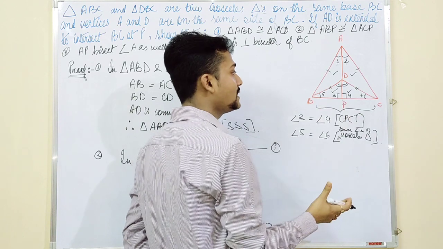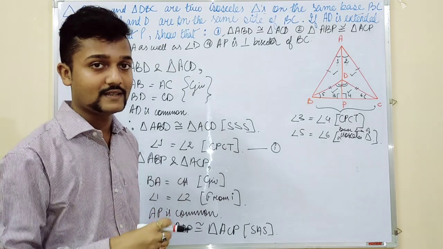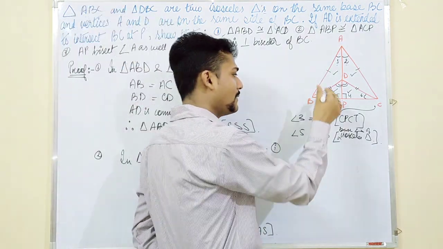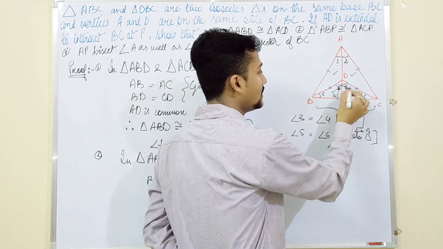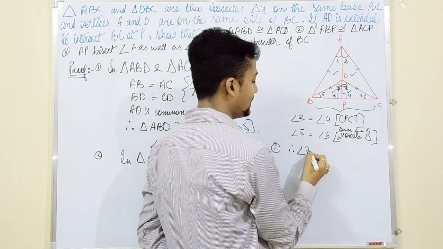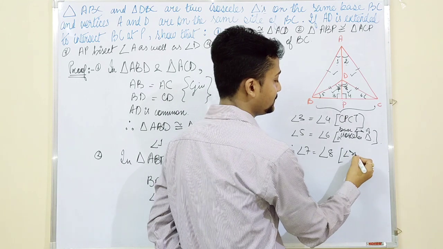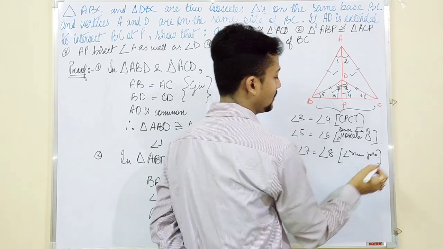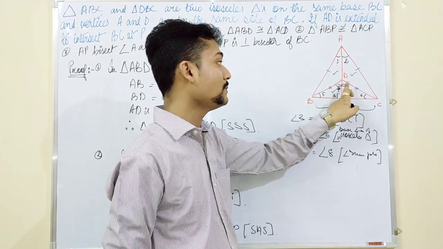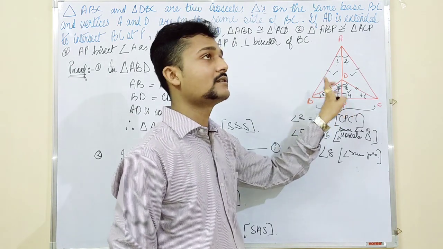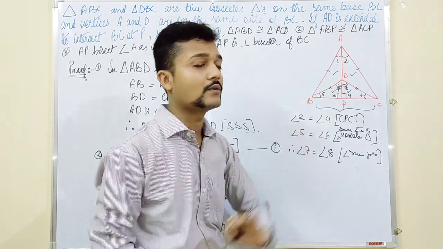So after doing so many sums, we have understood how to derive these things. We have done this previously, so I will not go very deep, and we can directly mention here 7 and 8. Therefore angle 7 will be equal to angle 8 by the angle sum property. If this is equal to this and this is equal to this, then this will be equal to this, because the sum of all the angles of a triangle is 180 degrees. That means definitely these two angles are going to be equal.